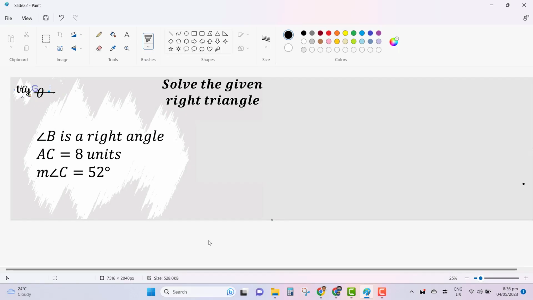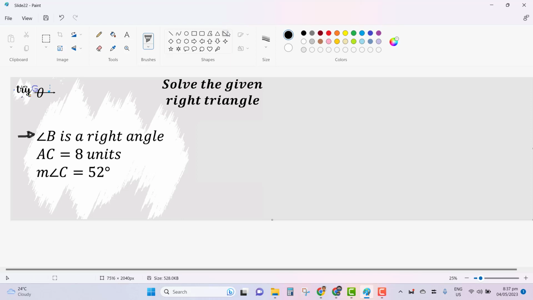Hello everyone! We are tasked here to solve this given right triangle. Why do we know it's a right triangle, even if we don't have any given figure? That's because of this given here that we are assured that angle B is a right angle. And there can be no other right angle that can be drawn in any right triangle because there could only be one right angle. We don't have, again, the given figure, so we are to draw it first with proper